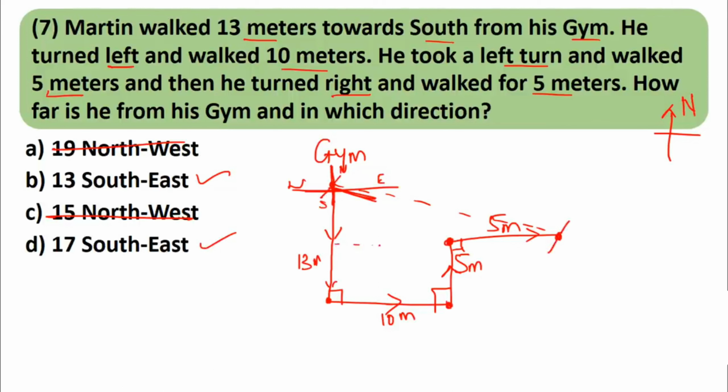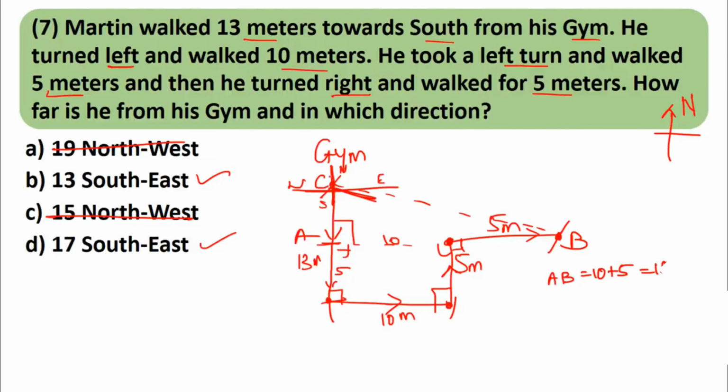Okay, just join this and you will get a right angled triangle. Let us assume the triangle is A, B and C. Okay, this end, now A to B. Now this is 90, 90, this will be 90, this will be 90. So this is a rectangle, right? So if this is 5, this distance will be 5. This is 10, so this distance will be 10. So AB is nothing but 10 plus 5. AB is 10 plus 5 equal to 15.